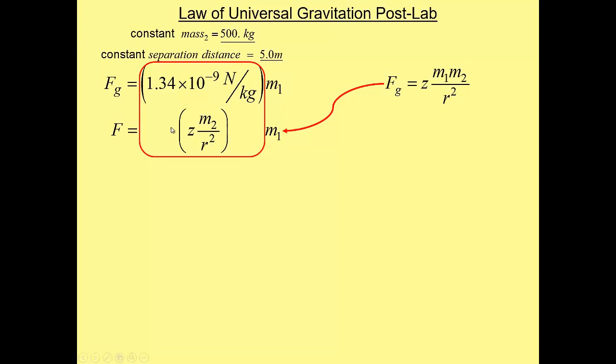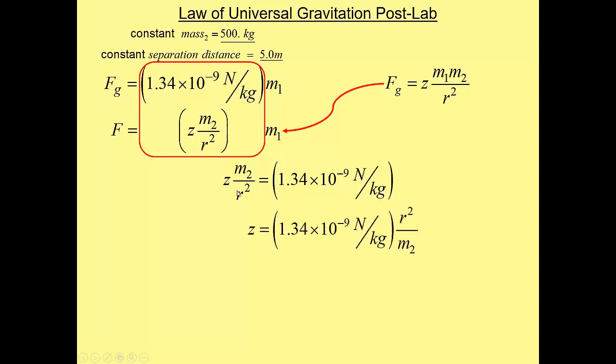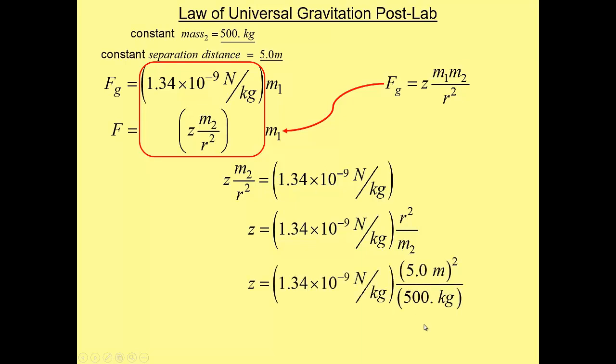For both of these equations to accurately predict what's going on in the lab, the slope we got in the lab has got to be equal to this. But we know what m2 and the separation distance were in this part of the lab. So if we solve for z, multiply by r squared, divide by m2, plug in our givens, we get 6.7 times 10 to the negative 11th Newton meters squared,